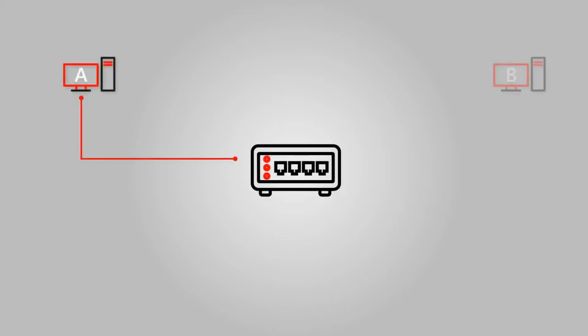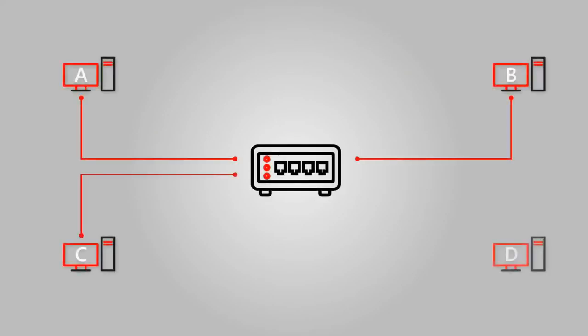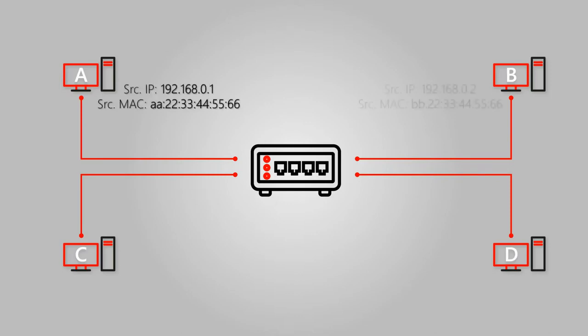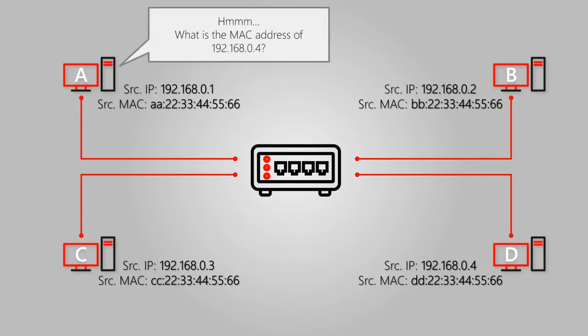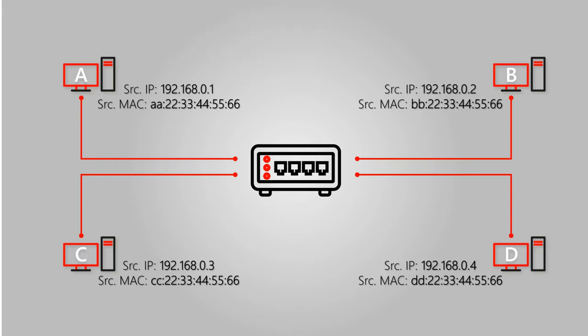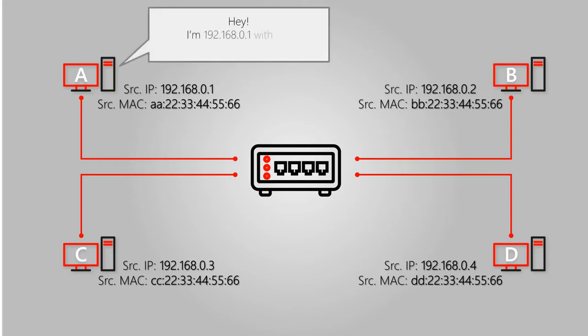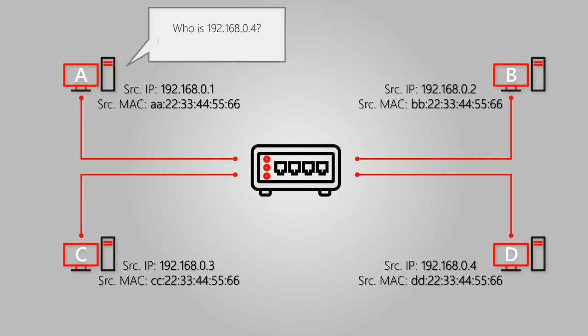Imagine we have a switch with 4 connected IP hosts named A, B, C, and D. On their interfaces, each of these hosts have their specific IP and MAC addresses. Now, when host A wants to communicate with host D via its IP address, it'll first search for host D's MAC address in its own ARP records. In case it comes up short, it will introduce itself to the entire network and ask for the MAC address of its destination IP address, which here is